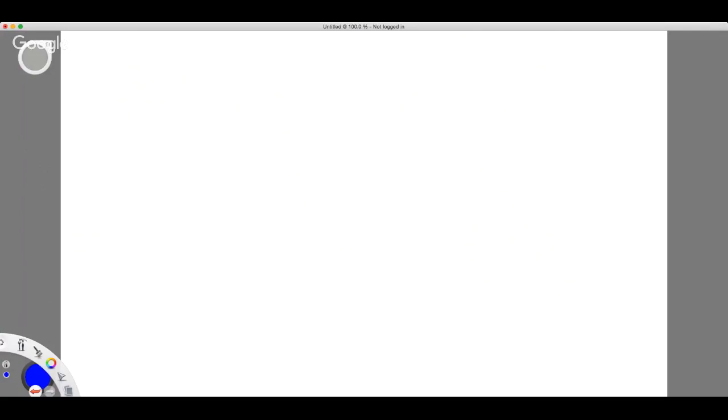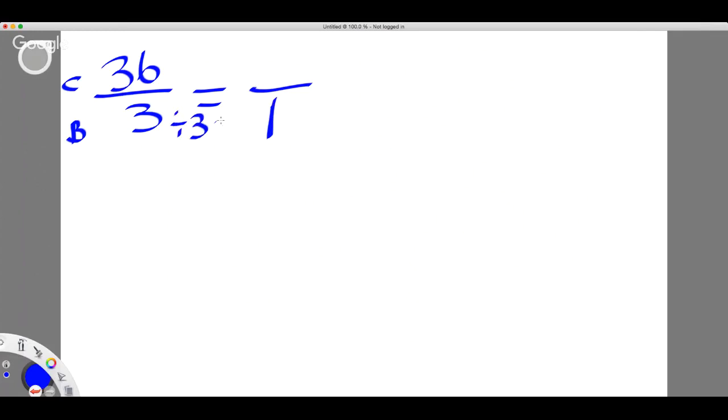Okay, so B says we need to find the unit rate, and they tell us that 3 boxes can hold 36 cans, right? So I'm going to flip it. I'm going to say 36 cans in 3 boxes. And they want to know, okay, 1 box would be how many cans? So remember, boxes are on the bottom. So 36 cans in 3 boxes. So how many cans in 1 box? So obviously to get a 1, we had to do 3 divided by 3, right? Whatever this is, just divide by the same number to get the 1. And whatever we do on the top, same thing, we divide by 3, and 36 divided by 3 would be